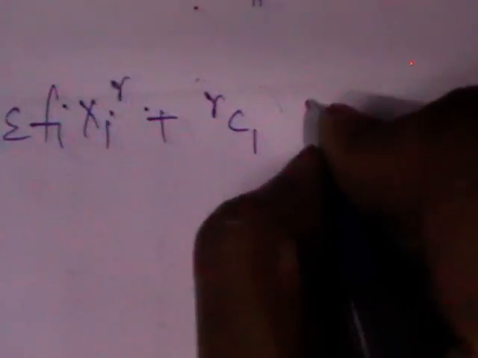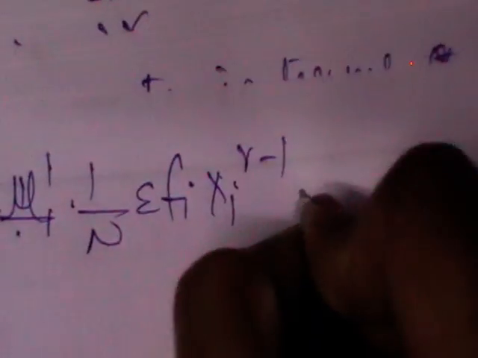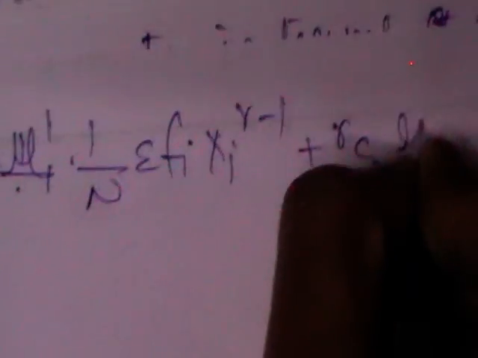Next one rC1, it doesn't involve i, this can be taken out of the sigma, and also mu1 dash, 1 by n sigma Fi into xi power r minus 1, plus rC2 mu1 dash square